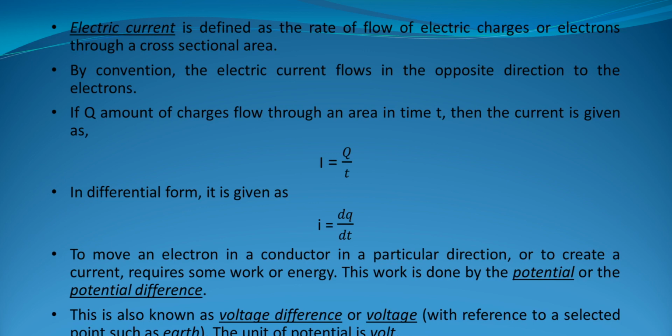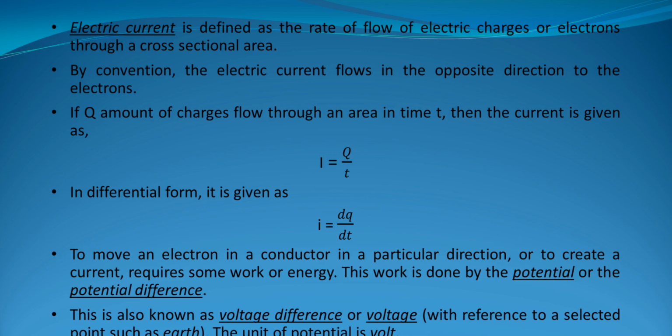As the definition also suggests, it is the rate of flow of electric charges. This definition is more accurate, but I am telling you the first formula also because it is asked in some exams. The numericals that are asked will be solved using the first formula only. Otherwise, where the charge is given as an equation in terms of time, you need to use the differential form of the electric current equation only.